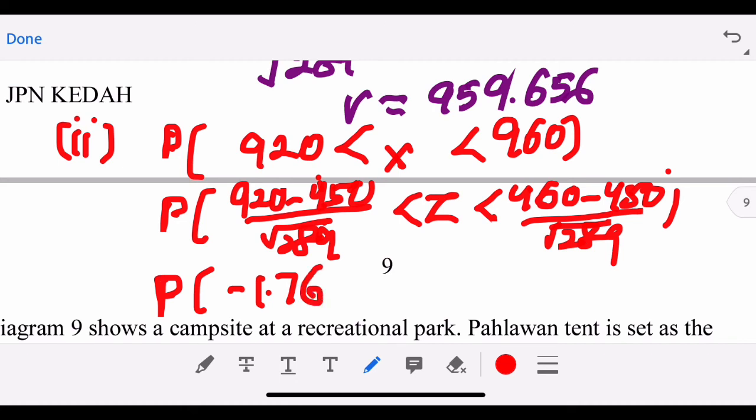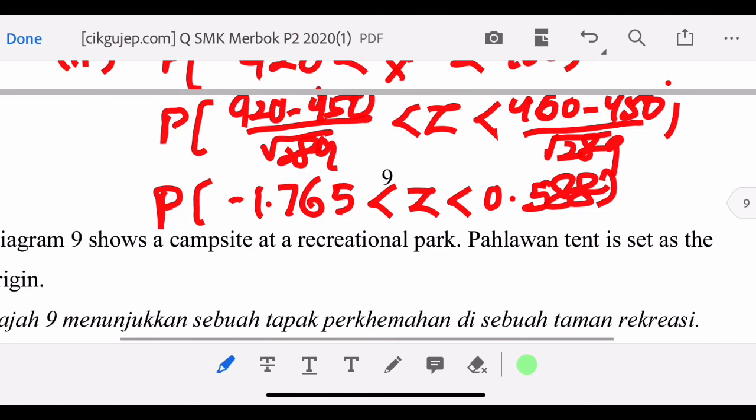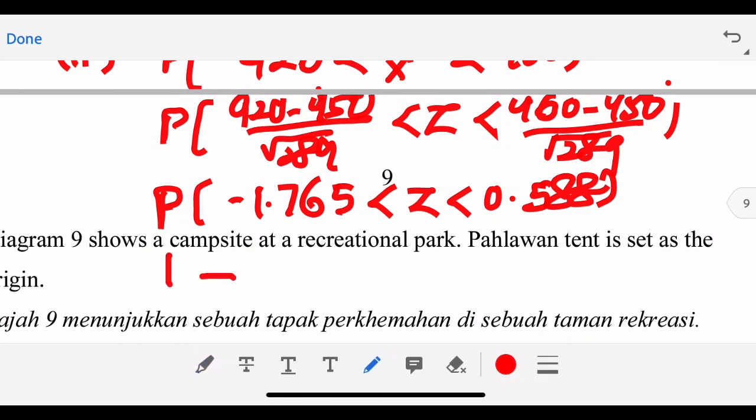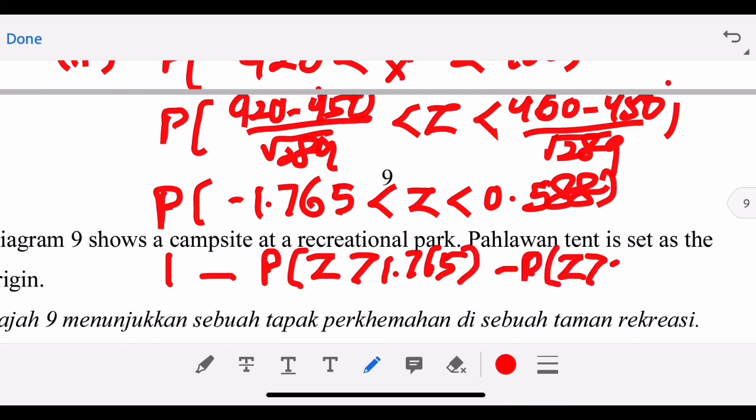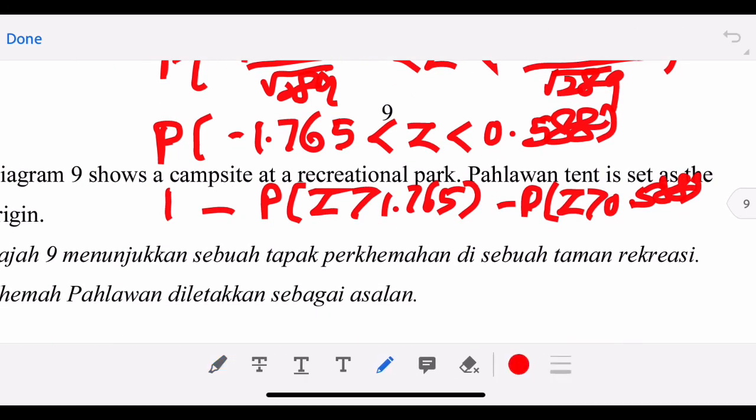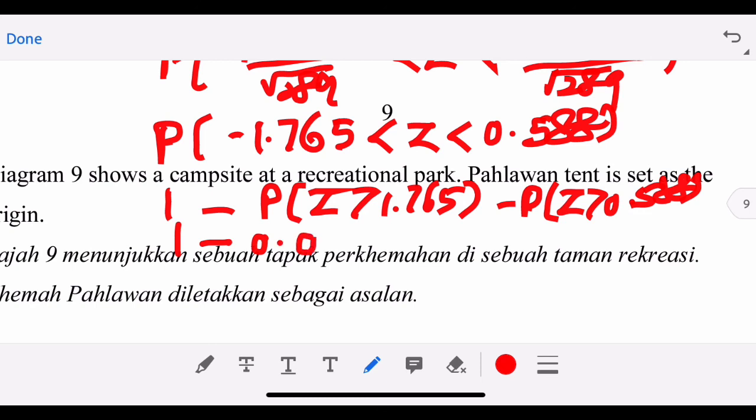If you are having the new calculator, the one that silver color with a white background, so you can just key in with the lower and the upper, right? I'm sure everyone is using this one, but if you are not using this one, you can always use a distribution table, no problem. So it's good also to learn both ways because sometimes they might force you to use a distribution table, right? So okay, so you can always write like this because distribution table is actually right-sided. So we always do like this. 1 minus 0.03878 minus